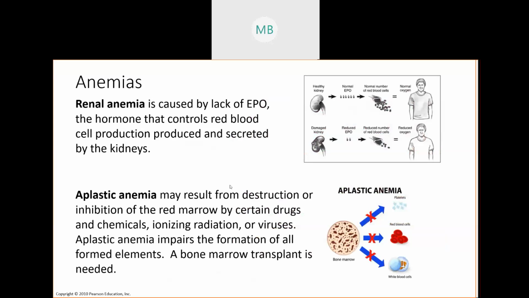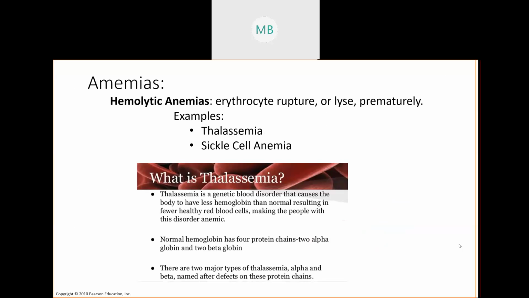And here's your aplastic anemia slide. Because your bone marrow is sick and you can't make enough red blood cells, you end up anemic. And then you have abnormal hemoglobin. Sometimes when our bodies create hemoglobin, something has gone wrong. Genetically speaking, something has gone wrong. And there are two types of anemia that are common for you to know about for this. The first one is